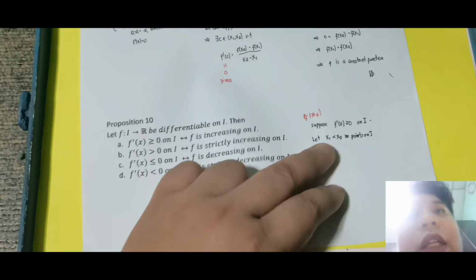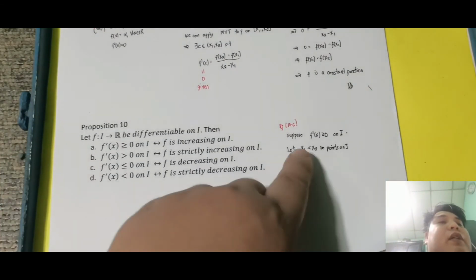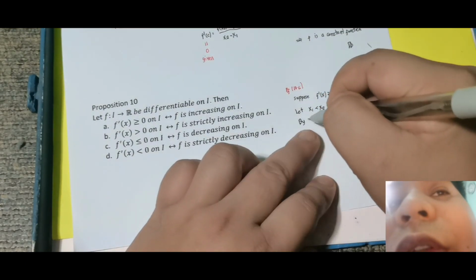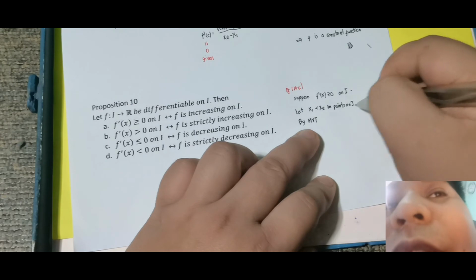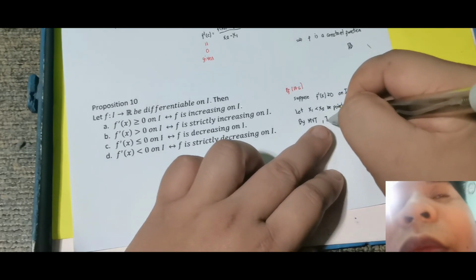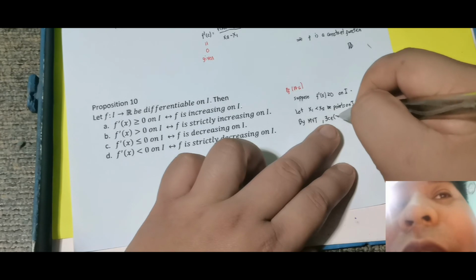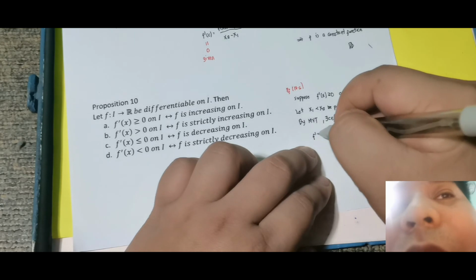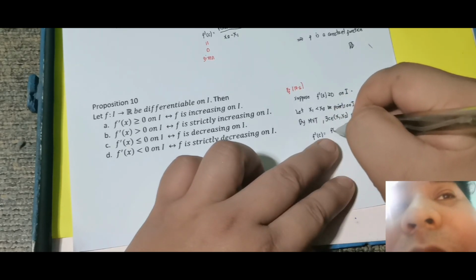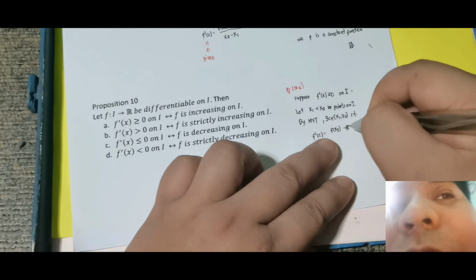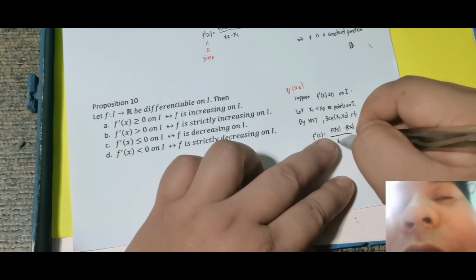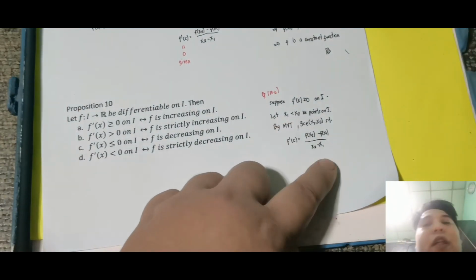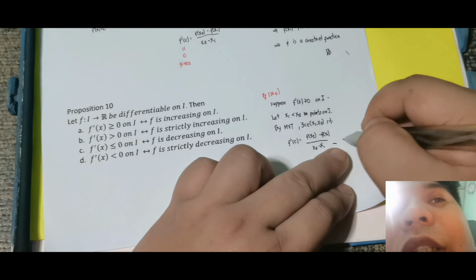on I. Okay, so by MBT, again, since x sub 1 is less than x sub 2 tapos points siya on I, so by MBT, there exists c element of x sub 1, x sub 2 such that f prime of c is equal to f of x sub 2 minus f of x sub 1 all over x sub 2 minus x sub 1. Okay, note that since x sub 1 is less than x sub 2, therefore this is always positive. Okay, the denominator